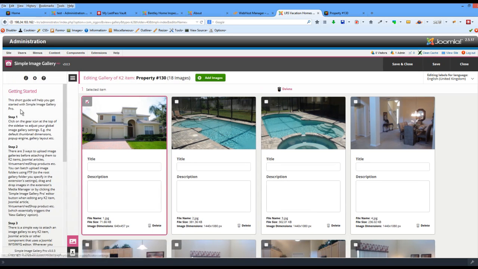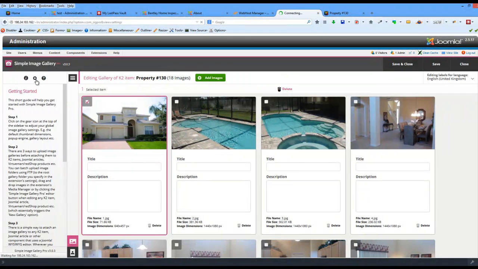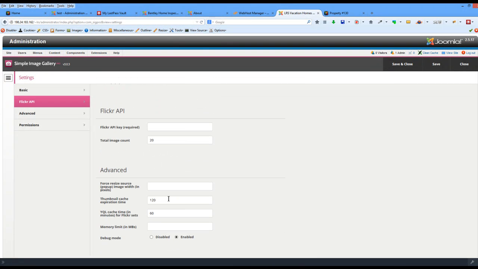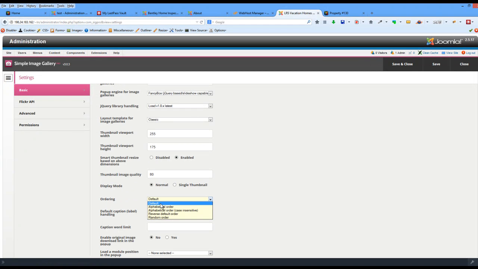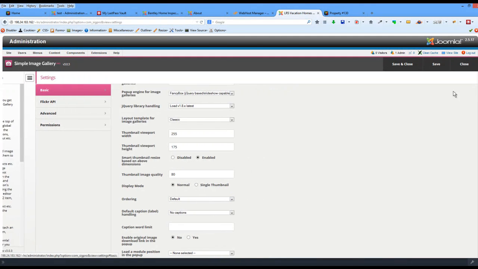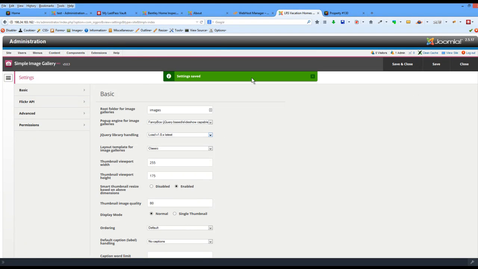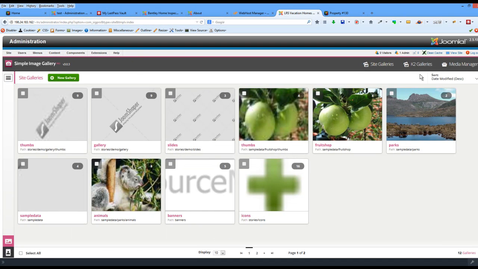you do have ordering options here. If you click this little thing, you can get into the settings, which will let you reorder. If you didn't like the ordering by name, you might do alphanumeric or default order or random order. So you can experiment with that if you need to. I'm just going to assume this is the way I usually do it, so I'm just going to leave it like that. All right, how do I close this? Okay, close. All right, so getting back to your K2 galleries,